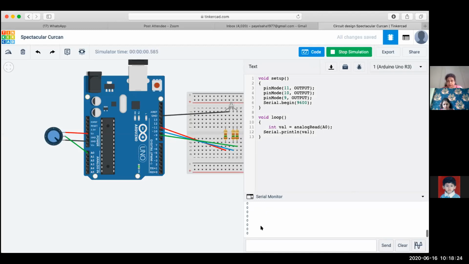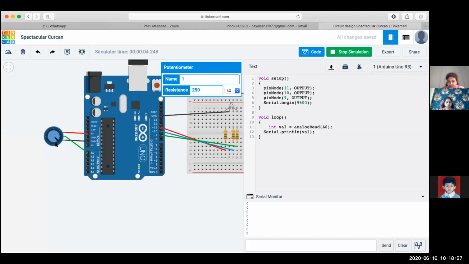Now can you see that zeros are still getting printed? The zeros coming in from the A0 pin are getting printed, but now they appear in different lines. Are you able to see that? Yes, ma'am. Those zeros correspond to the position of the wiper which is kept close to terminal 1, that is ground. Now let us see what values get printed when we change this potentiometer slider.